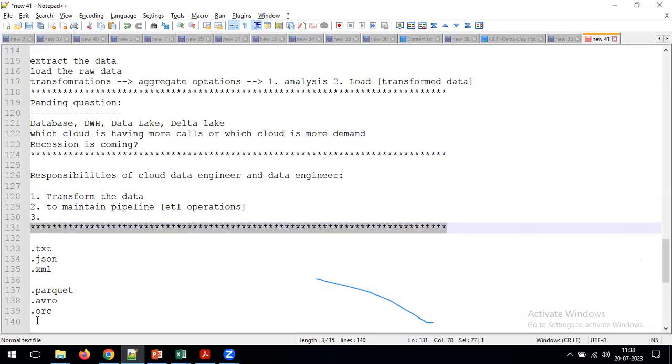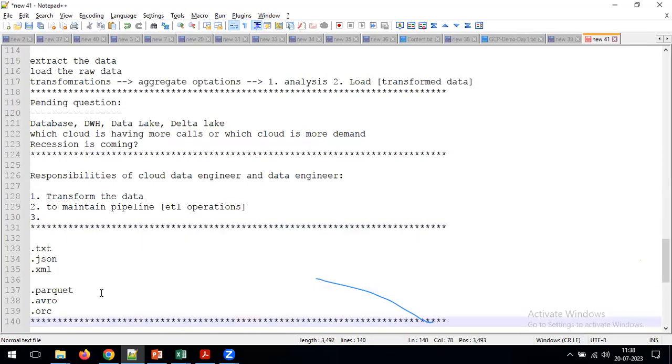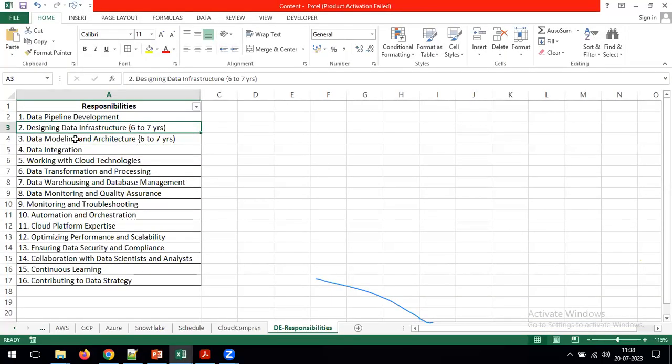So what's the difference between data architecture and data designing? If a person works on data architecture, they are the ones who create the whole pipeline, like where the data comes from and where it needs to go.